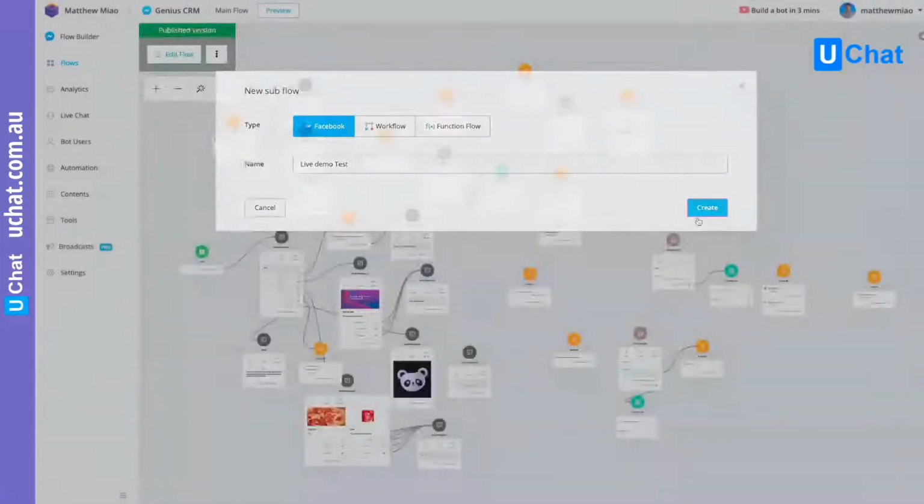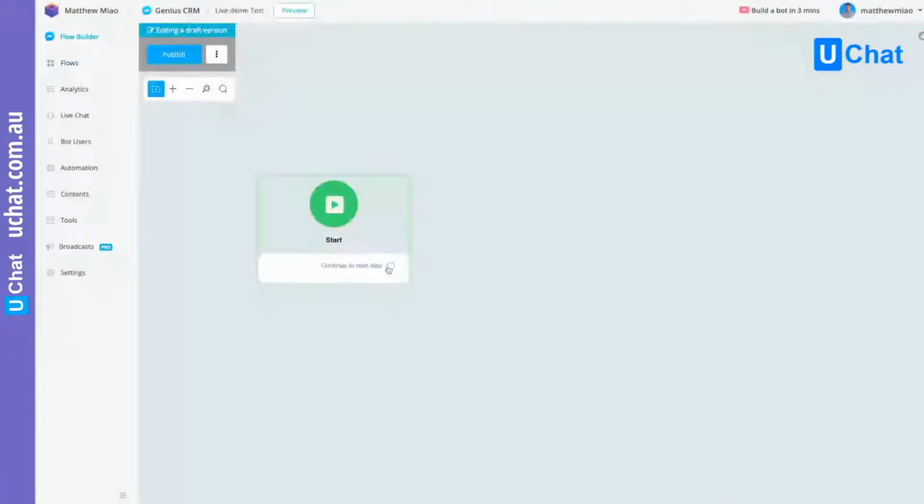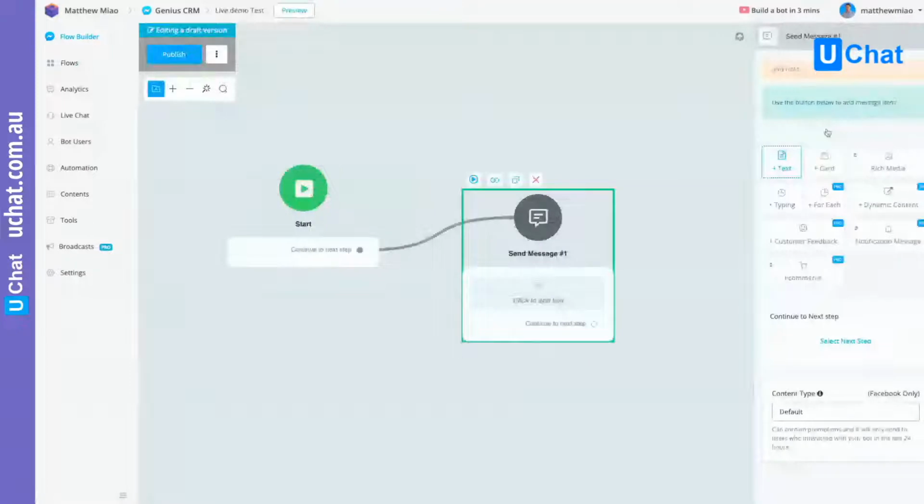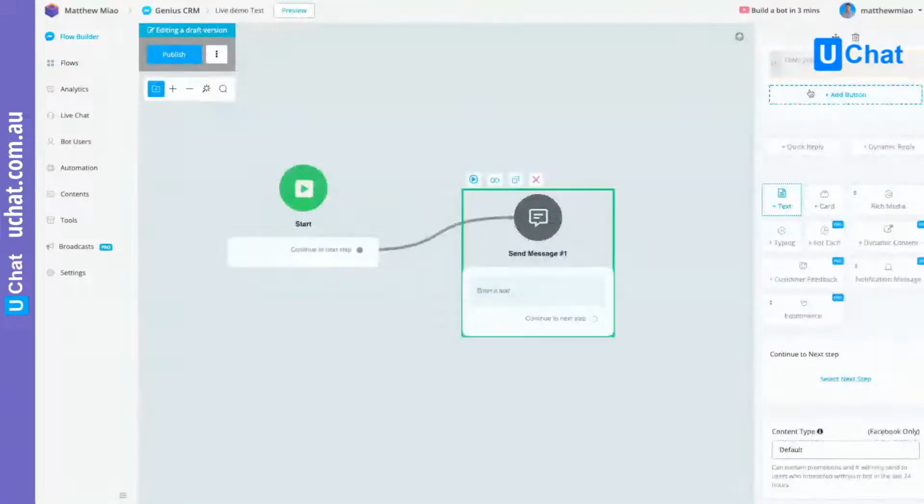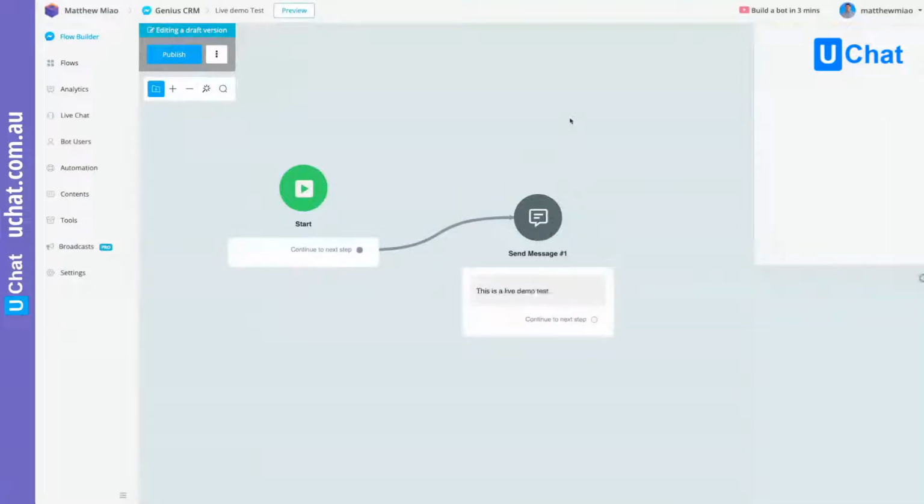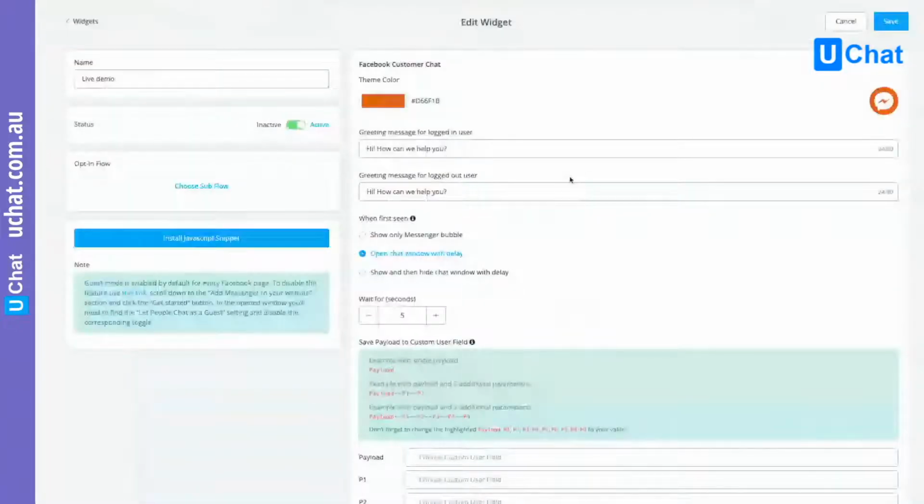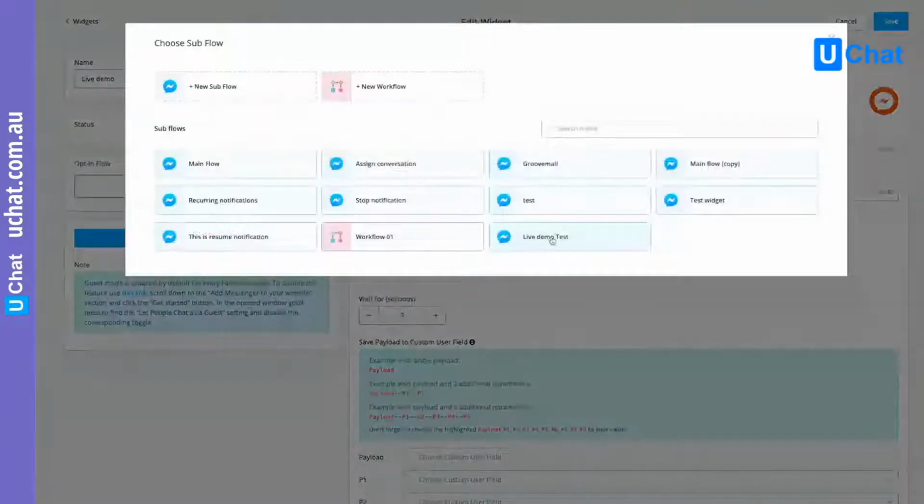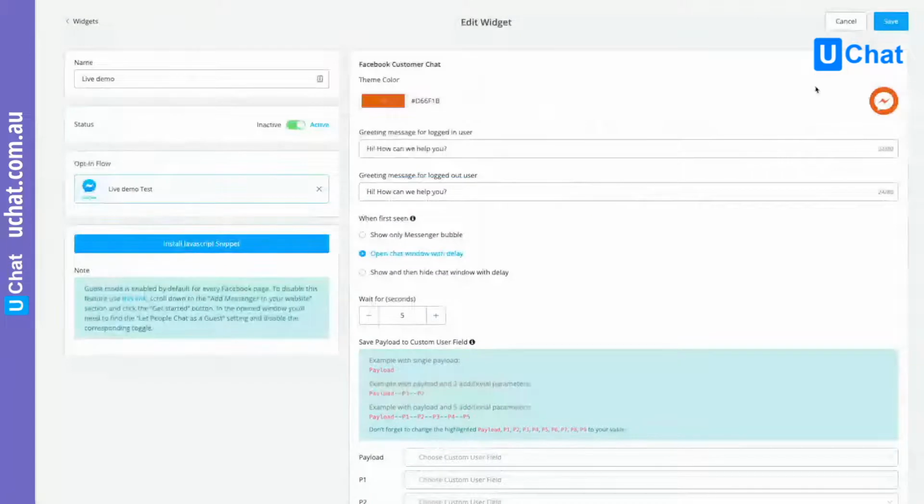So in this we will create a very simple message. This is a live demo test. Okay, and let's publish. And now let's go back to the tools, and now let's select the flow we just created. Okay, it's called the live demo test. Now let's save it,